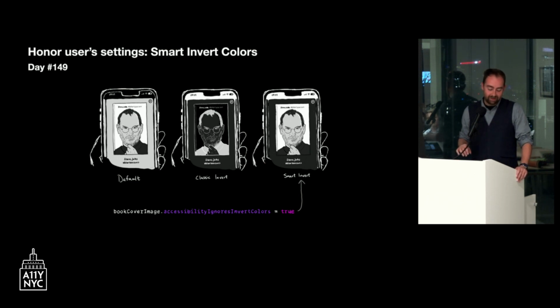In the example in the slide, there's the Books app with the Steve Jobs book, and the first one is how it looks by default. The second one is the classic invert, where you can see that the book cover is inverted and is like in negative mode. And the third one, all the colors are inverted, but the cover stays as it looks in the default mode. In the iOS community, I like to say, and more importantly, Steve Jobs' turtleneck was black but not white, so it's important to do that.